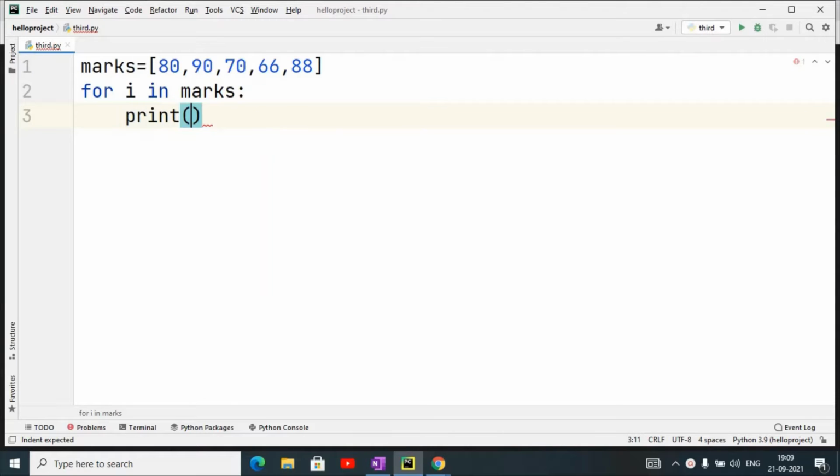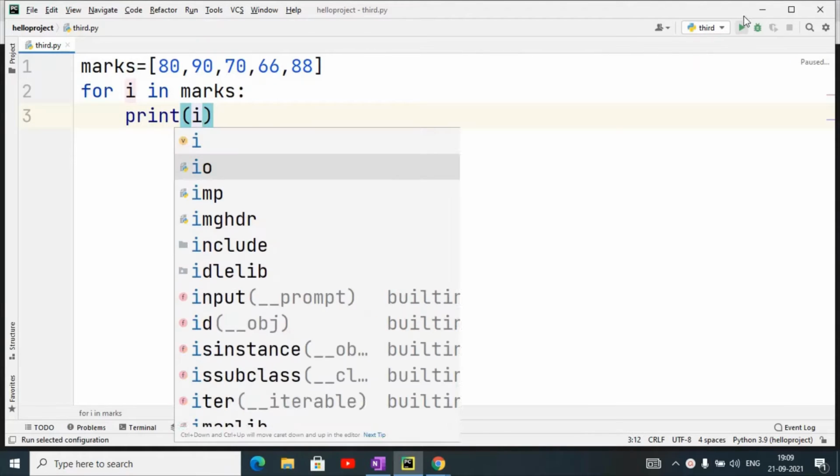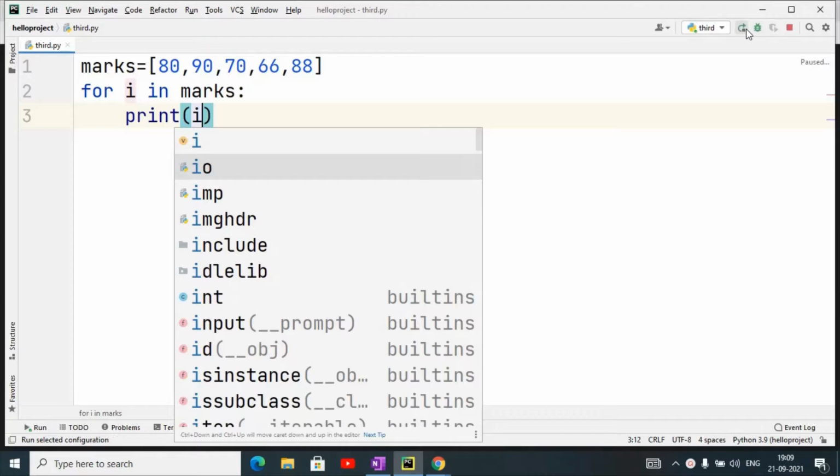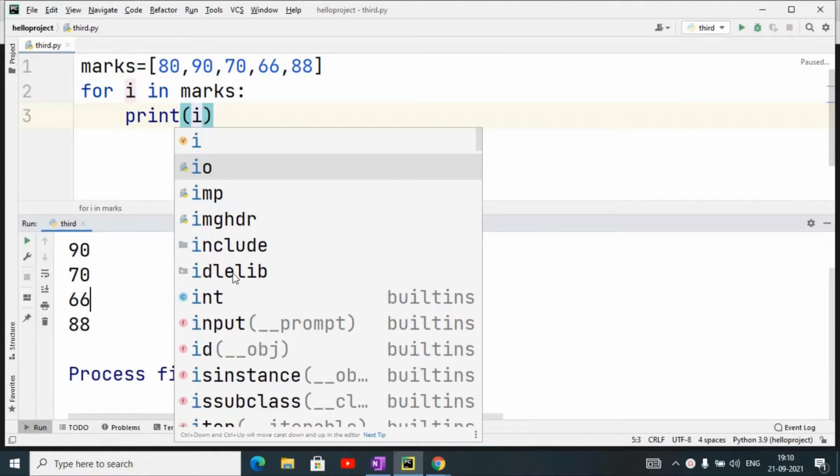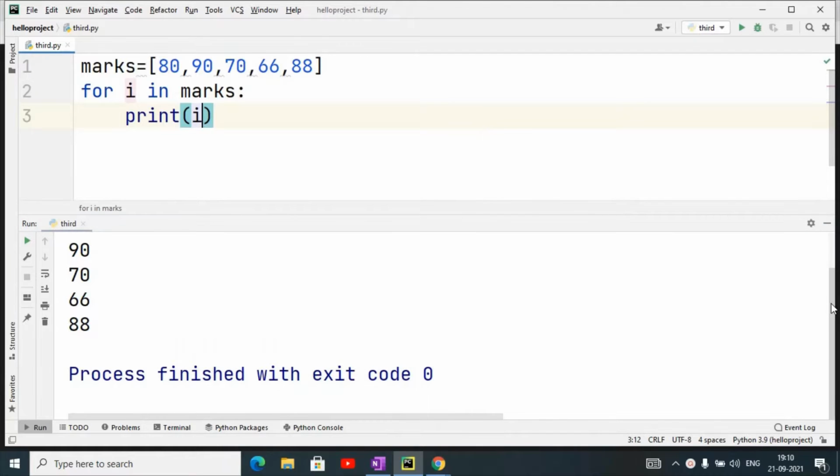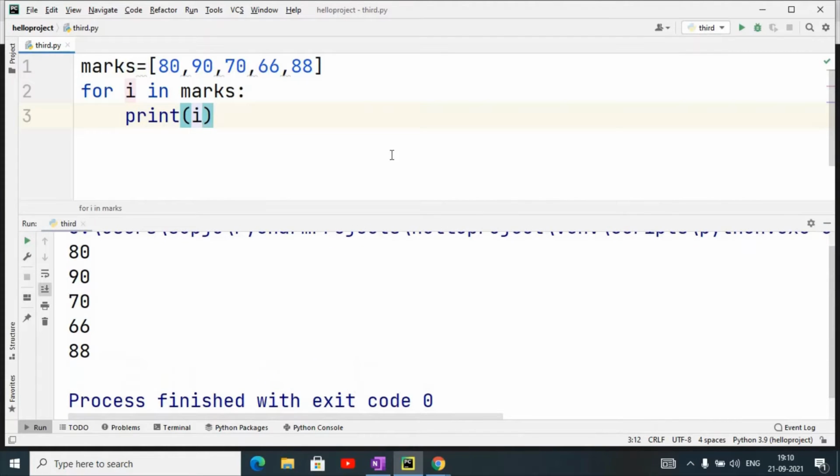print. If I simply print i, then we know it will just print the values. But now I have given a condition: if i equals, suppose I am taking 100, because 100 does not satisfy the condition,